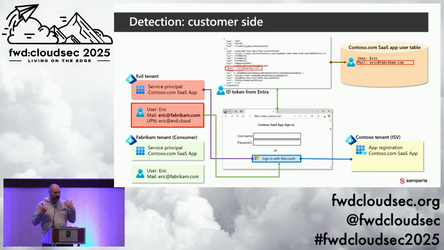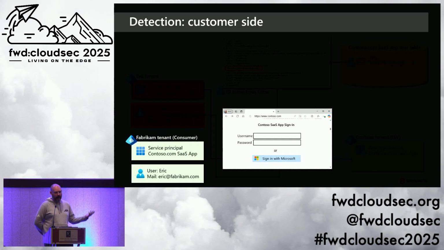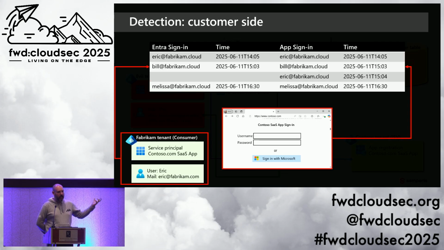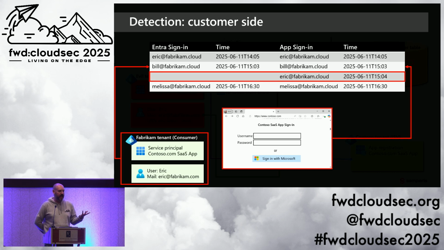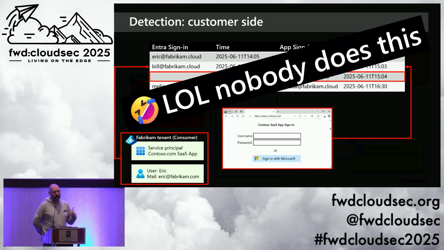Right, and then, some other brainstorming on detection here. So what are you left with? That's basically log correlation. If we have our SaaS application and our Entra ID sign-in logs, we could do something, and this is conceptual, where we're comparing our Entra sign-in data to the application sign-in data, looking for a sign-in in the SaaS app but not in Entra. But nobody's doing this for real.